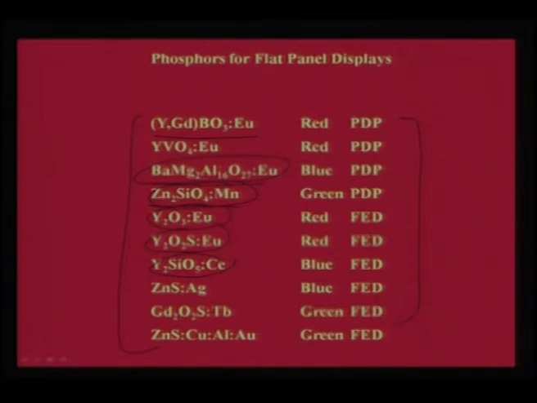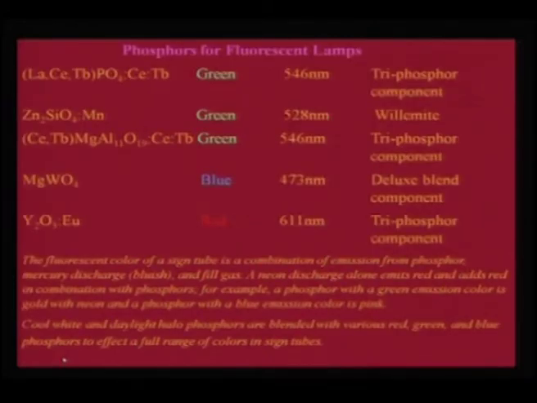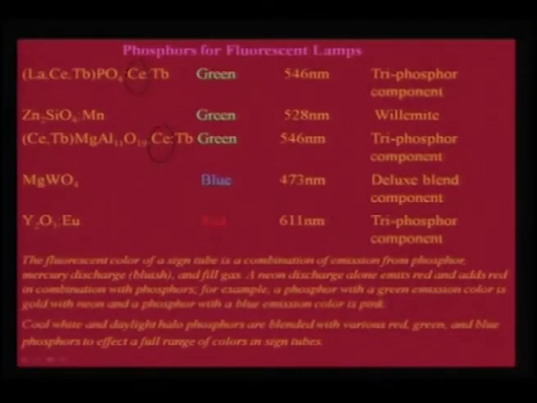So, this is very unique for PDP applications, and when we come to fluorescent lamps, you again see that the major contributor is cerium doping, because cerium doped phosphors respond immediately to the mercury plasma that is generated in all the fluorescent tubes. So, it has to respond, and cerium is very unique for green emission. You also have magnesium tungstate, and then of course, europium based yttria,